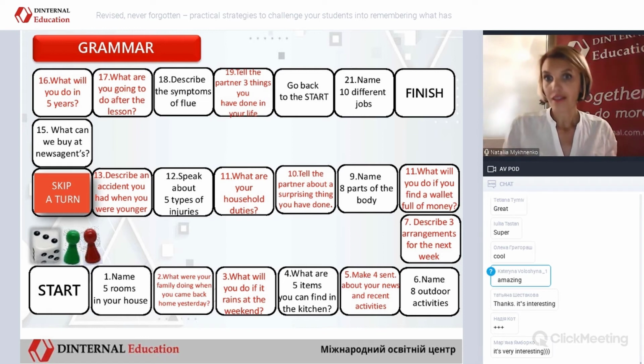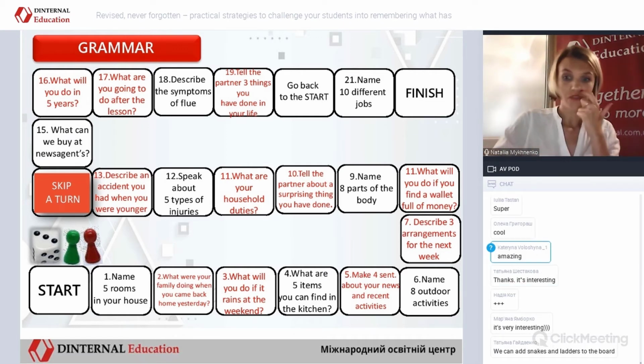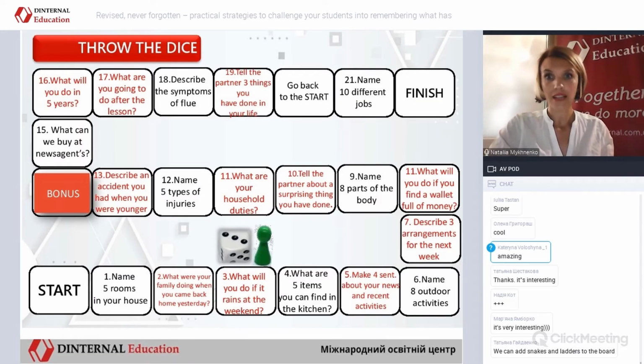Then you ask them to work in pairs, to throw the dice and to answer the questions they've got. So, for example, student 1 throws the dice and he or she has got number 3. What will you do if it rains at the weekend? A nice question to answer, to speak about your plans and